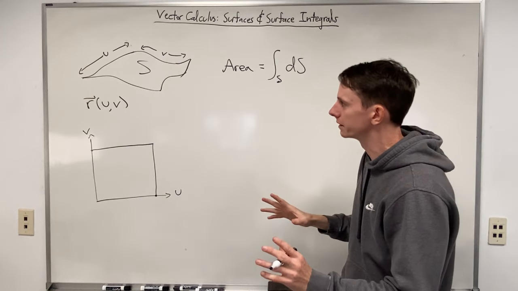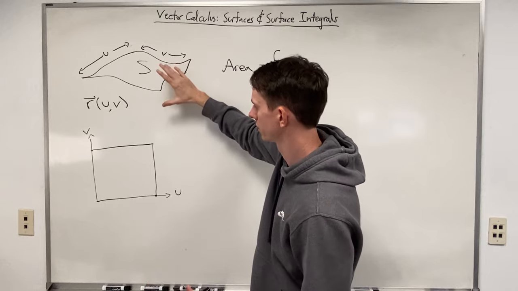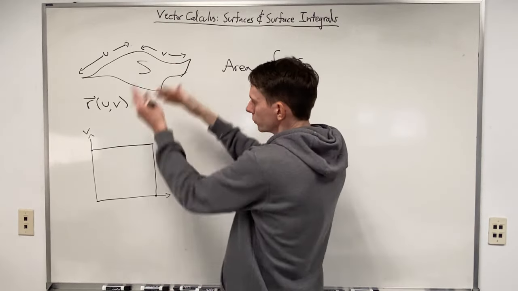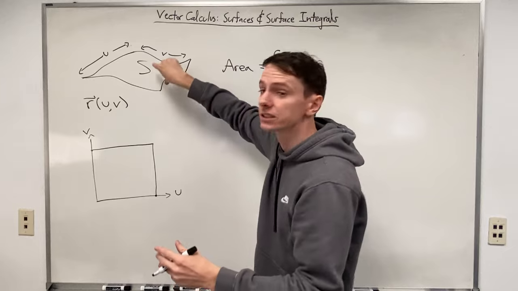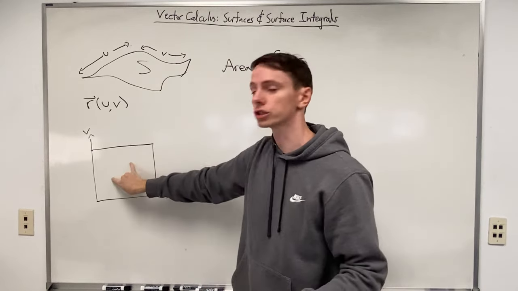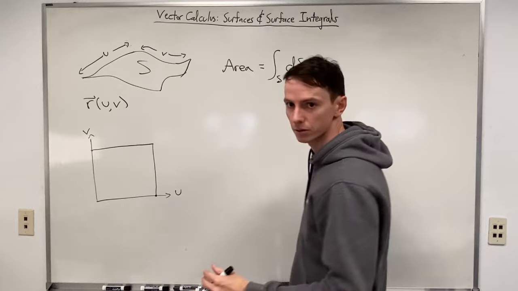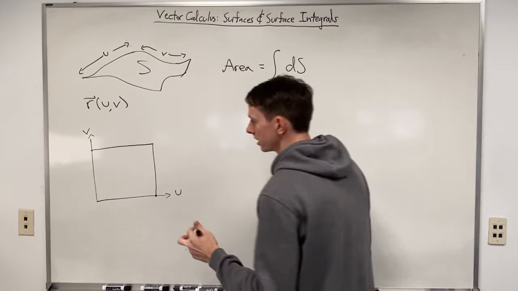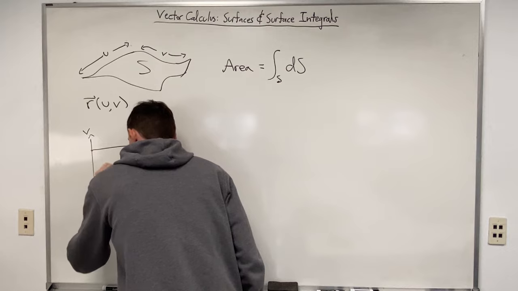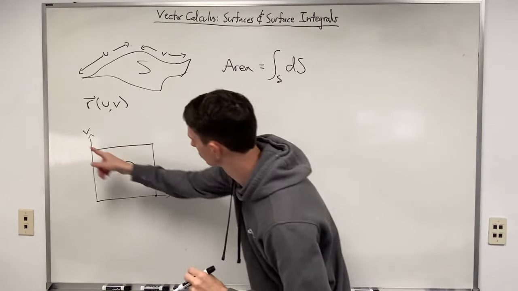Hopefully we see that S is fundamentally different. We're not looking at the exact same surface here, right? This surface is embedded in R3, whereas this is just a 2D surface in the UV plane. Okay, so they're different quantities, and it's this quantity here that I'm going to give the name D for the domain of all possible